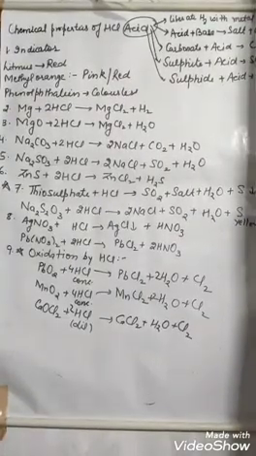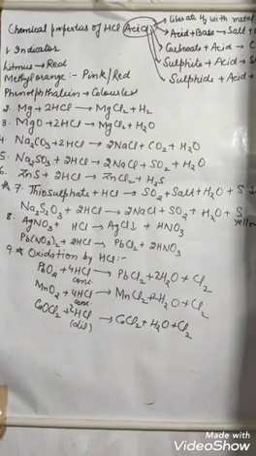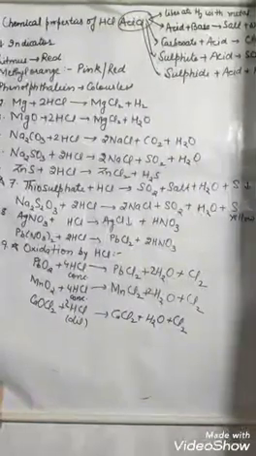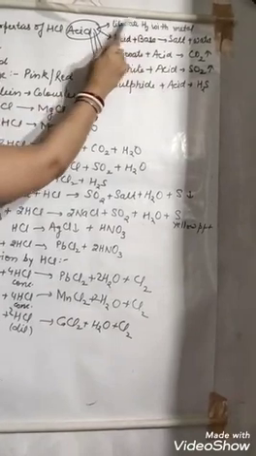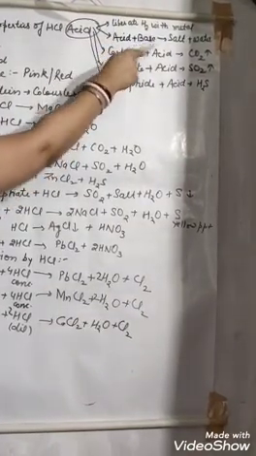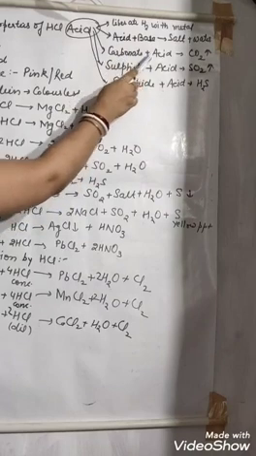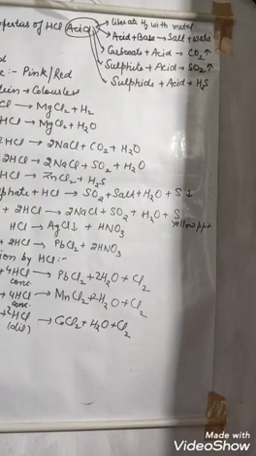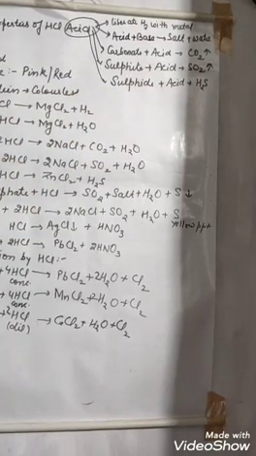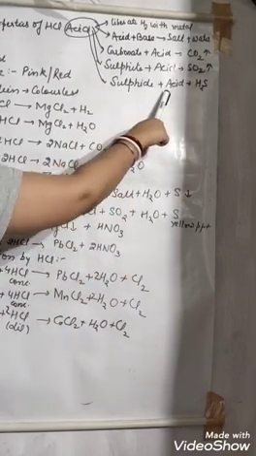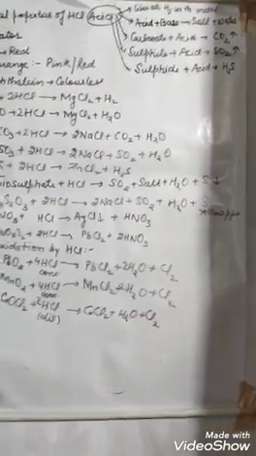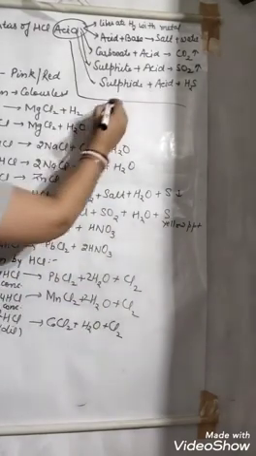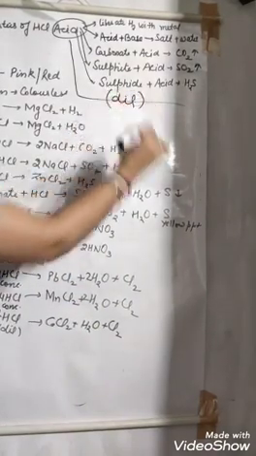Now, what are the chemical properties of HCl acid? First of all, it is an acid. So what properties of acids are there? It shows color change on an indicator. When it reacts with a metal, it liberates hydrogen. When acid and base react, they form salt and water. When a carbonate reacts with acid, it releases carbon dioxide. When a sulfite, SO3 2-, reacts with acid, it forms sulfur dioxide. When a sulfide reacts with acid, it forms hydrogen sulfide. These are the common properties of all the acids, which we are taking in dilute form.